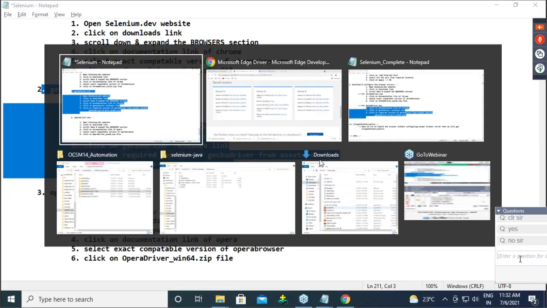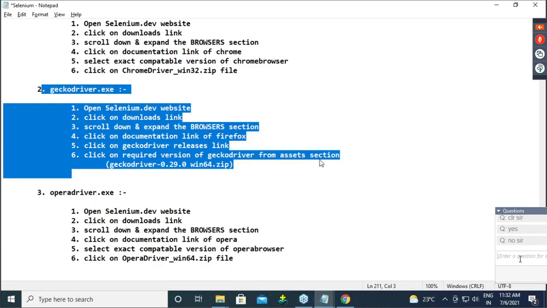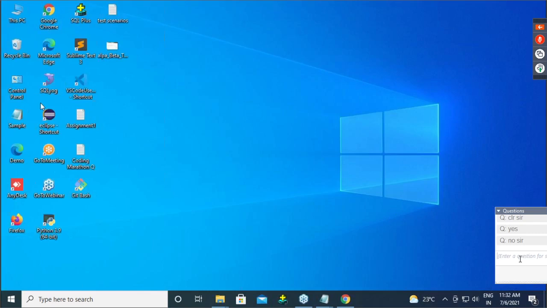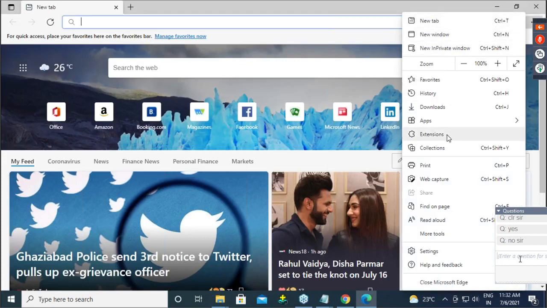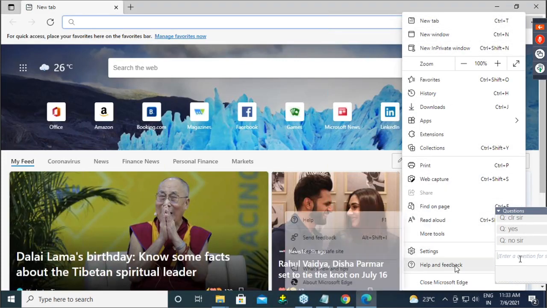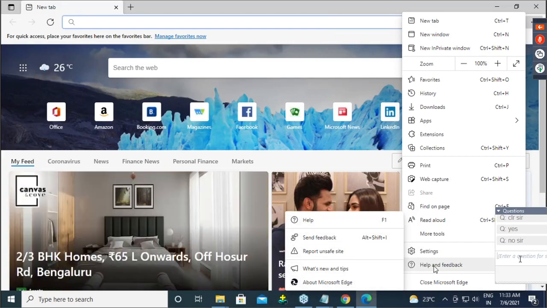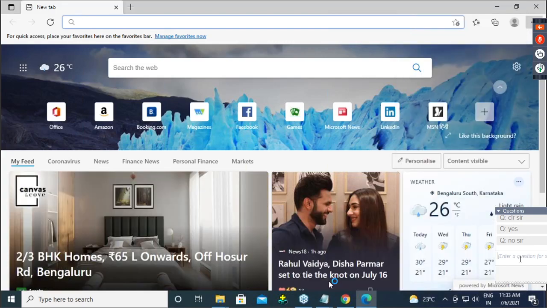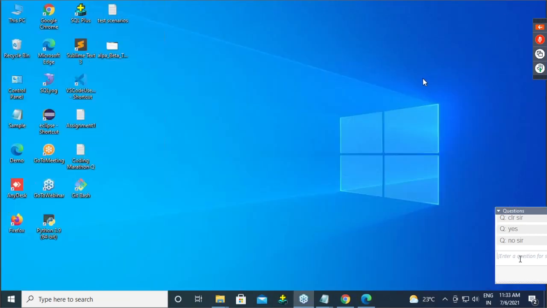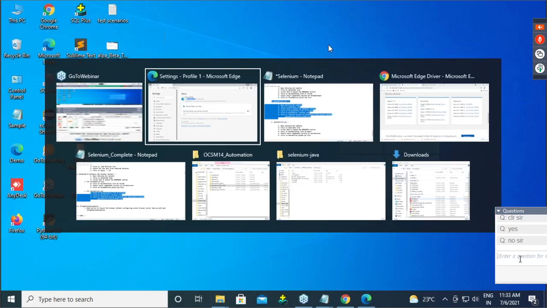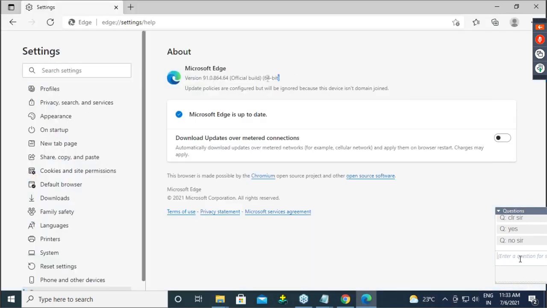Okay. So now guys, here go for Microsoft Edge. See, check the version. Which version of Microsoft Edge you are having? So go here. About, see, go to help feedback. Go to about Microsoft. See, which version guys? 91. So can I say guys, we have to download 91? Guys, is everyone getting this 91?